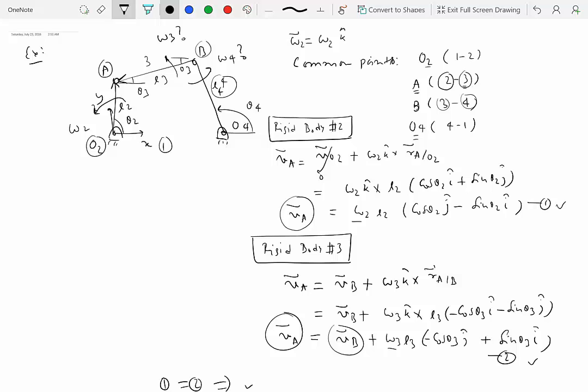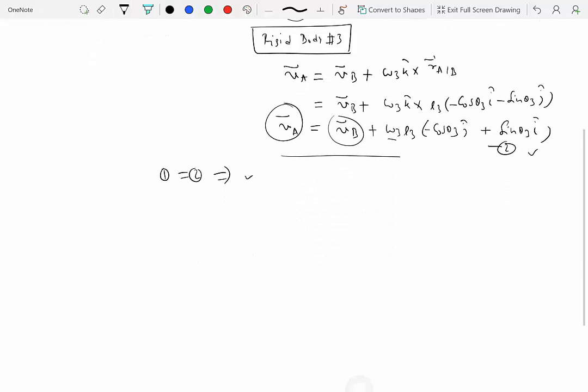Okay, from the perspective of rigid body number 4. Now we're not going to write the velocity of B choosing A as reference point for number 3, because that equation would be basically the same as this. We have already related the velocity of A with the velocity of B. So there's no point in writing the velocity of B choosing A, because you'll get the same equation. So now let's write the velocity of B